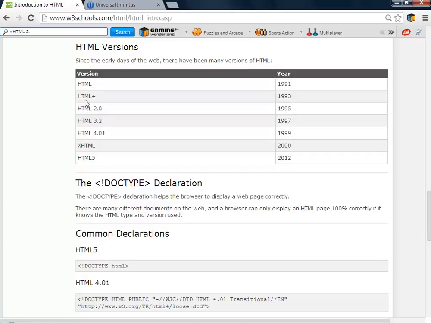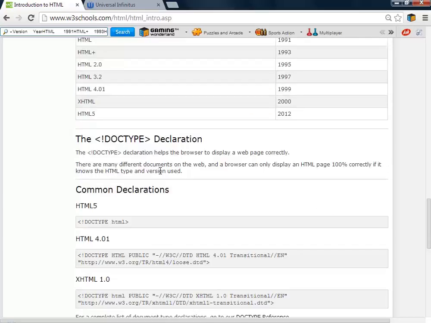All you need to know is that for your browser to understand this document well, you have to include one of these doctypes. It's a must. You cannot leave it out, so it just makes sense. And for right now, you can just stick with